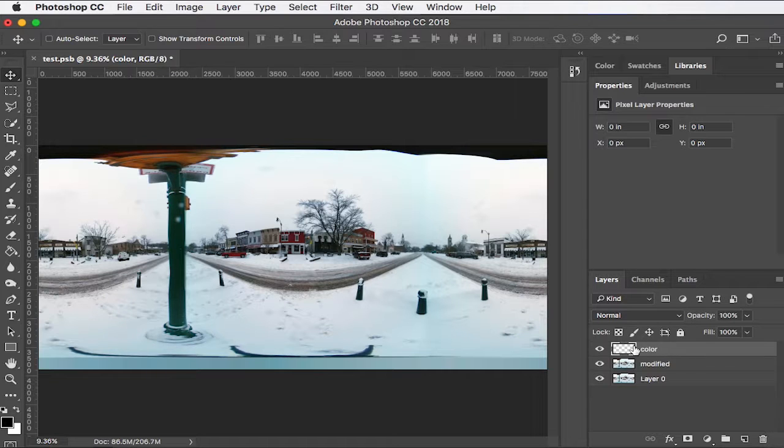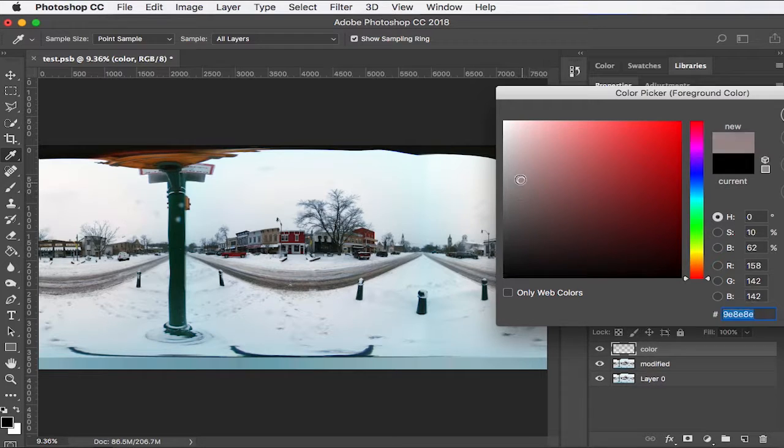Now this color layer, we're going to go ahead and select the foreground swatch by clicking on it. And I want something pastel-y. It could be white, but it could also be gray or off gray. You can switch it. Maybe in this case I'm going to make a little bit of a beige and